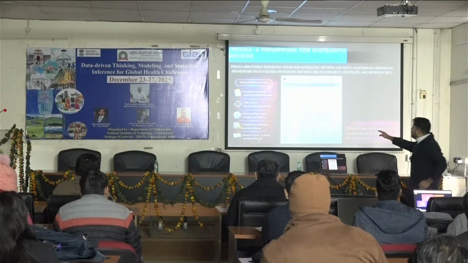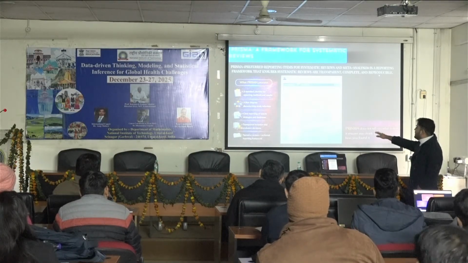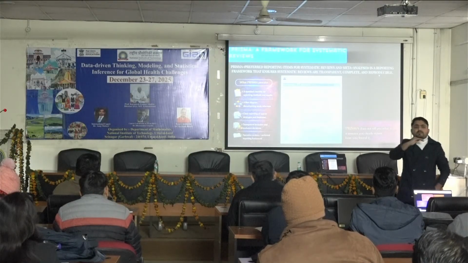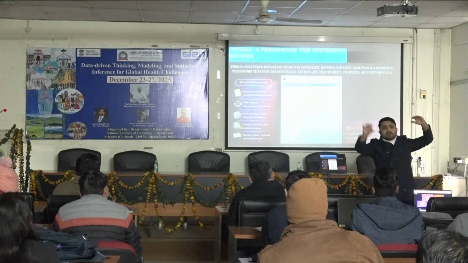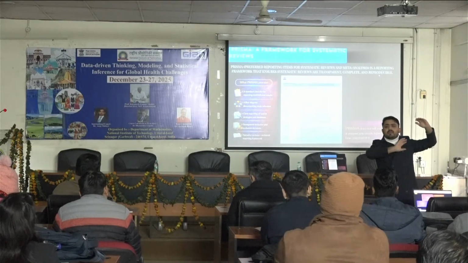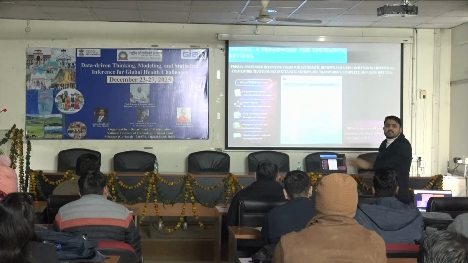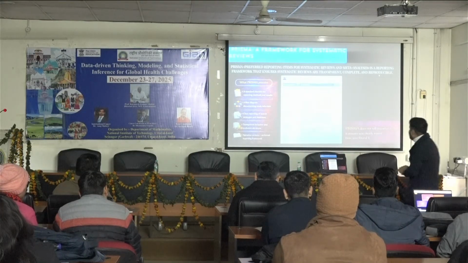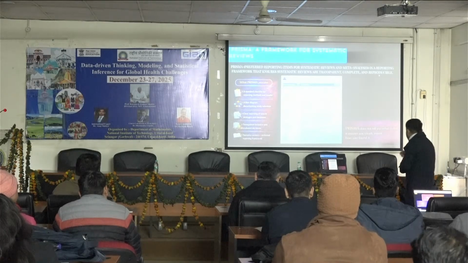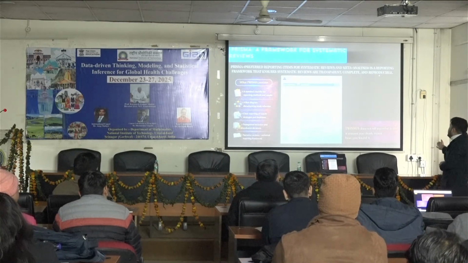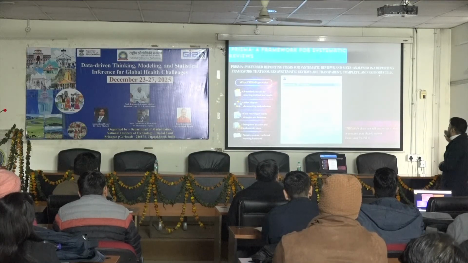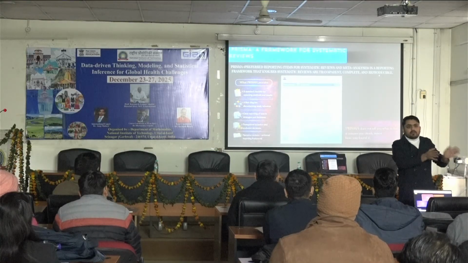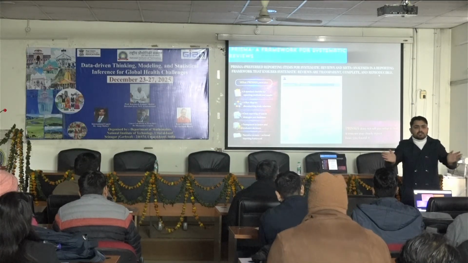Again, there is a flow diagram which I'll show in the next slide. It shows how many studies or research papers there were at a particular stage: when you started, how many search results you got, how you reduced them in the next step, and how you reached the number of studies that you reviewed in the final stage. Prisma doesn't tell you what to find, but it ensures that you clearly report how you find it. So there's no bias in Prisma. It doesn't tell you to go to a particular conclusion; it gives you a methodology to reach a conclusion.